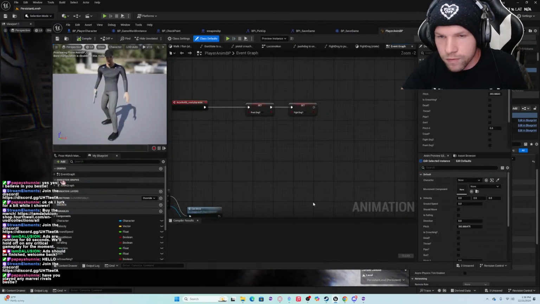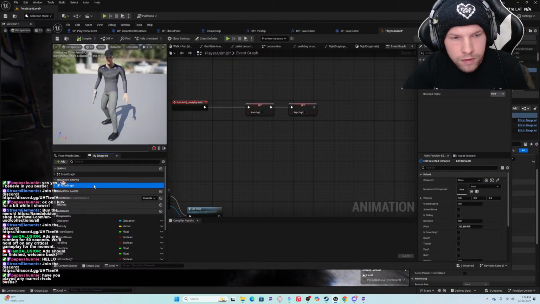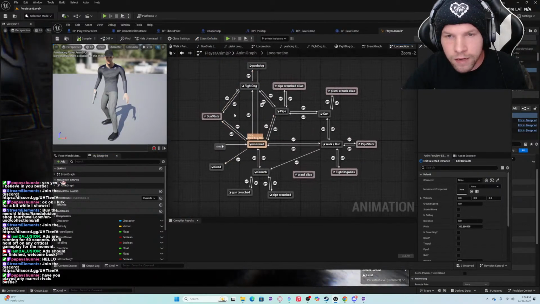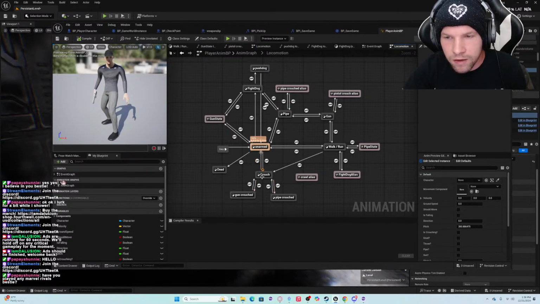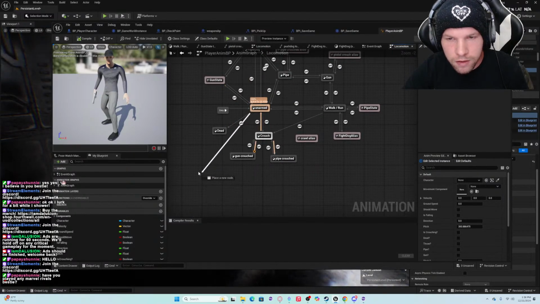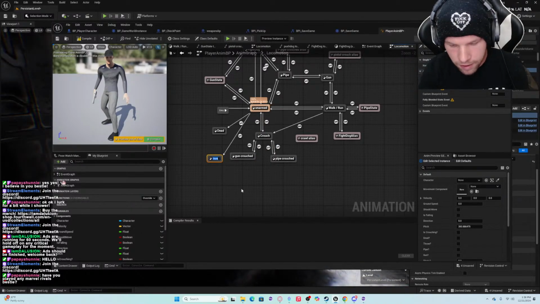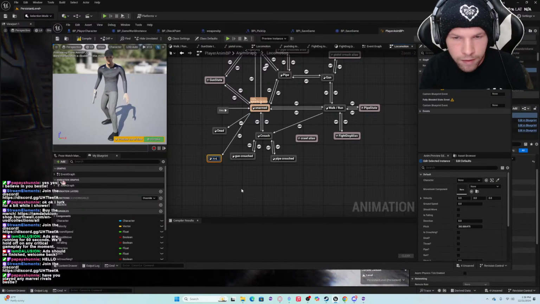So this anim graph is so bad. So we're gonna do this. Add state, aim, throwable.